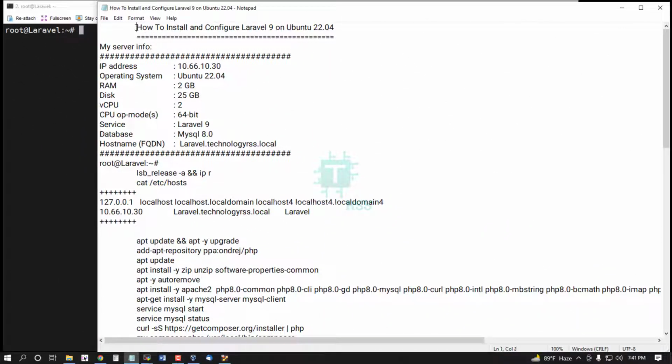Hello, in this tutorial, how to install and configure Laravel 9 on Ubuntu 22.04. 22.04 Ubuntu, this is the latest release. This is my server information: IP address, Ubuntu version, operating system 22.04, RAM, disk space, service Laravel 9, database version MySQL 8.0, hostname fully FQDN